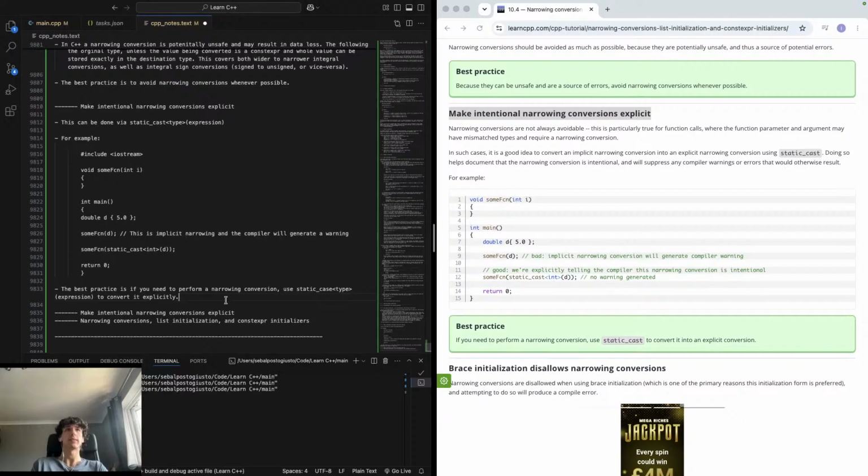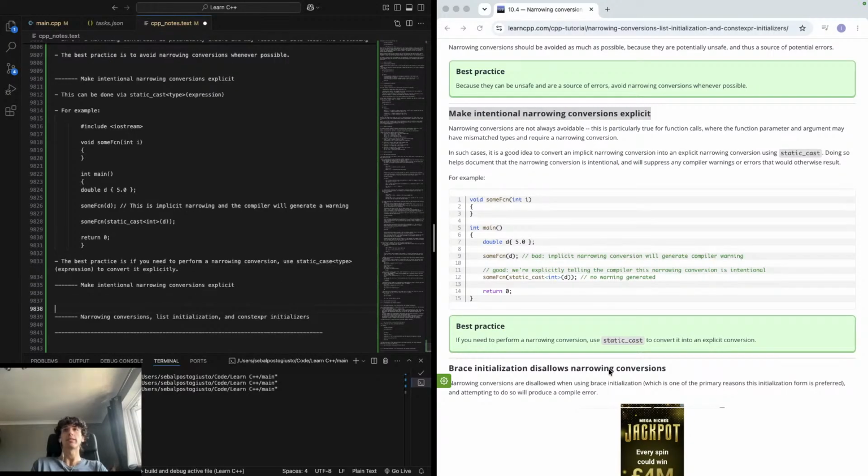Cool, that makes sense. So now we're going to be doing list brace initialization